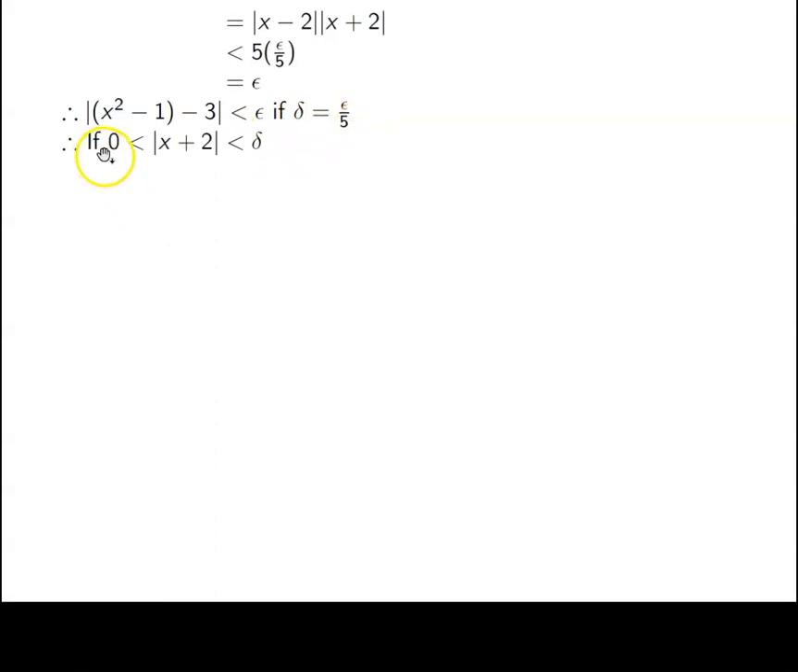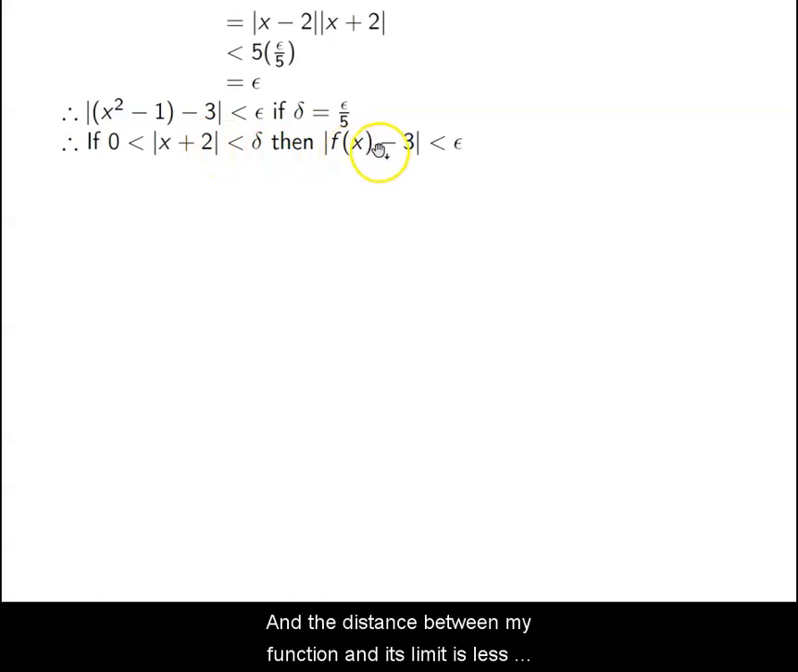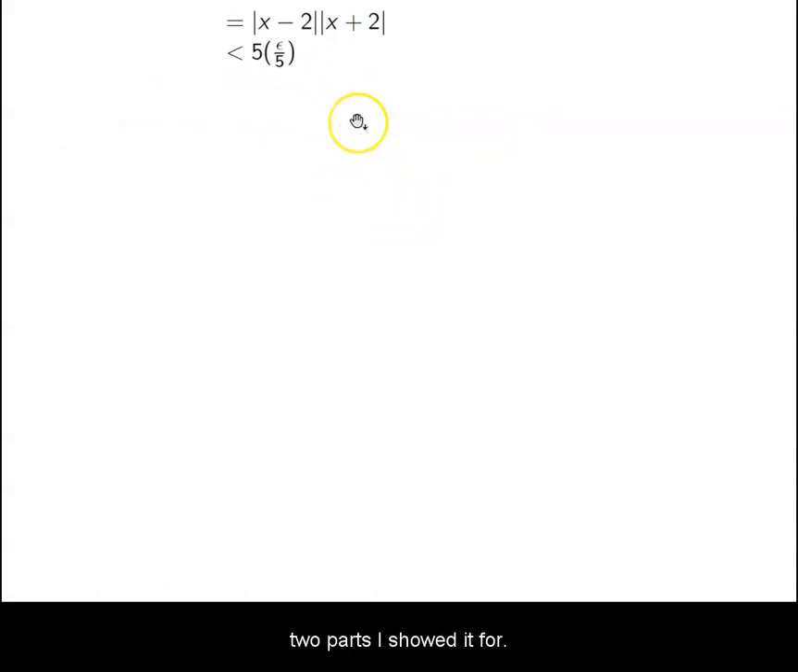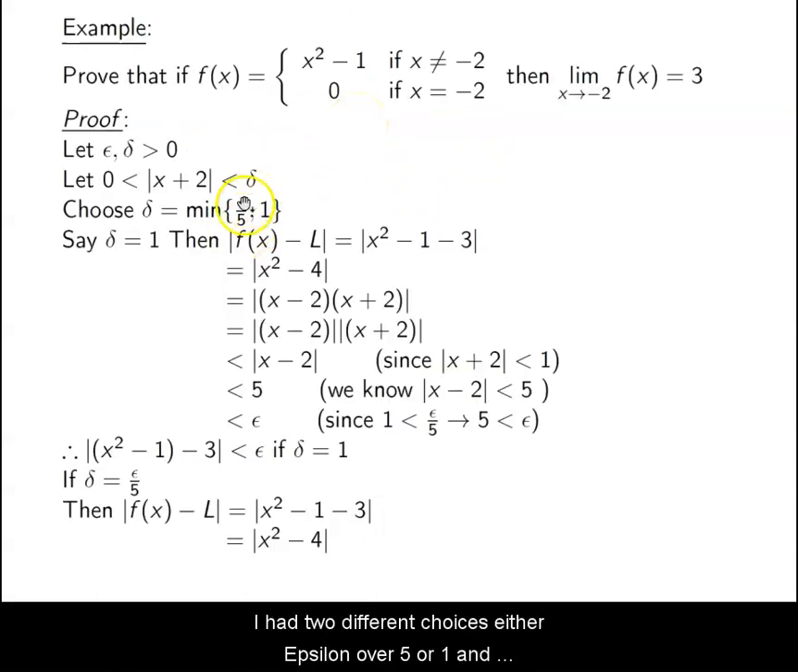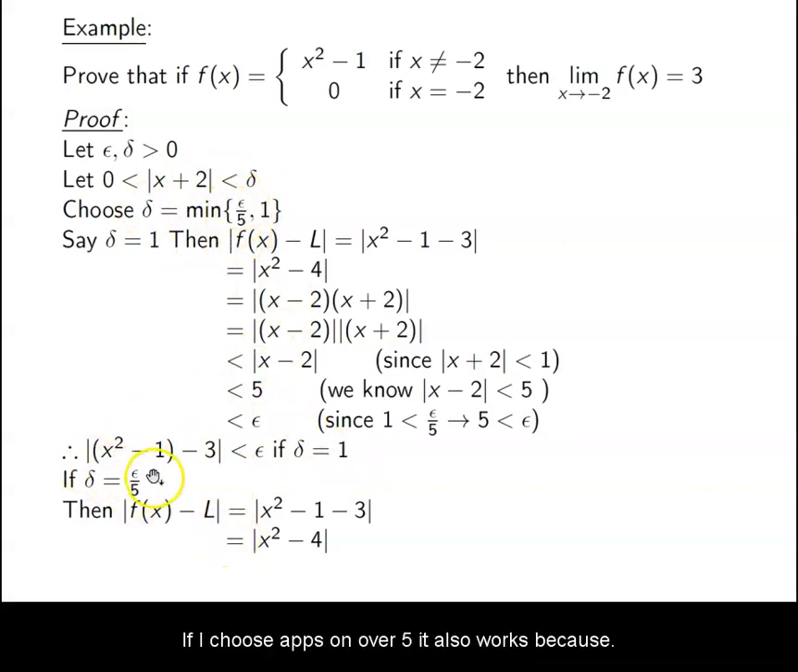Right? Therefore, if my distance between x and negative 2 is less than delta, then the distance between my function and its limit is less than epsilon. So basically what I did is I showed it for two parts. I had two different choices, either epsilon over 5 or 1. And I showed that if I choose 1, that everything works out. And then I said, well, what happens when I choose the other one instead, epsilon over 5? Well, if I choose epsilon over 5, it also works because